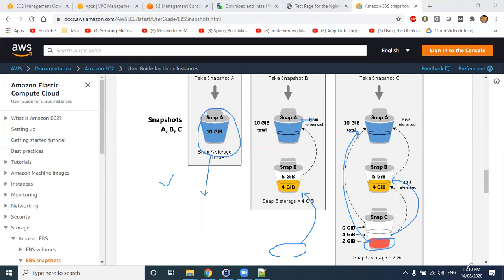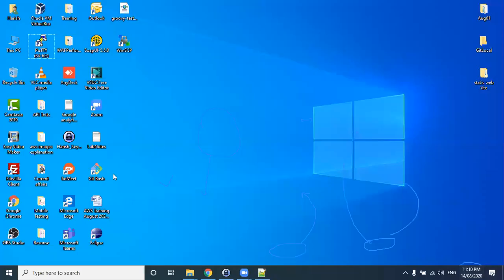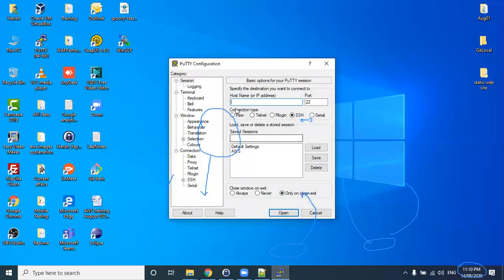At 11:10, I'll try to quickly cover one lab for this, to understand how exactly snapshots happen.